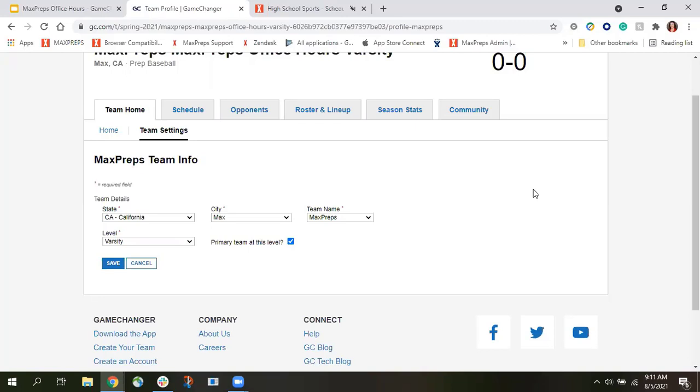Reason being is a lot of times there's parents or fans that create GameChanger accounts, just trying to keep up, do their own stats. They may accidentally hit that enable sync MaxPreps button. If that's the case, then the stat files could be waiting pending in your MaxPreps coach admin from their account versus your account if primary team at this level is not checked. So again, we just make sure this is checked so that way your account is coming over to MaxPreps